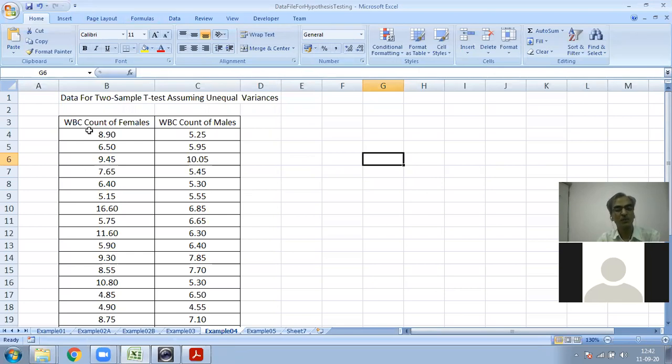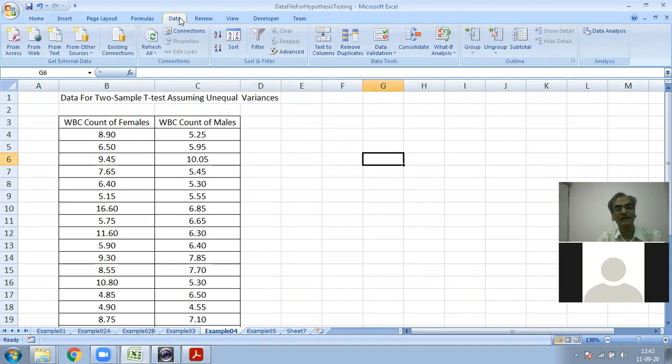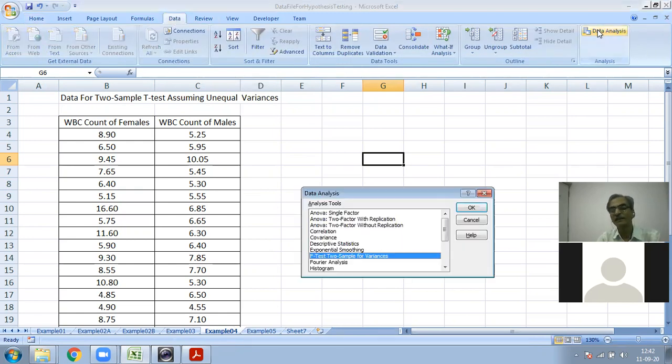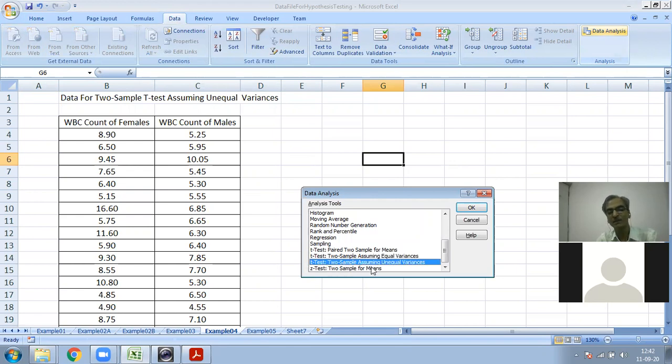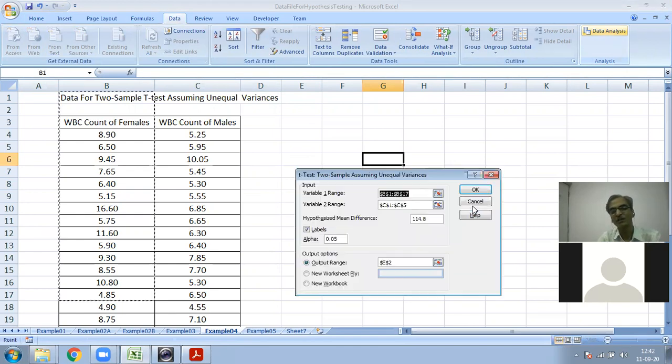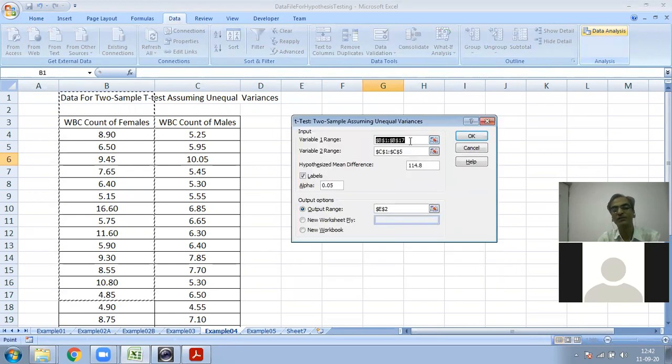Just open the Excel example 04 data sheet, then go to the data tab and click on the data analysis button. Scroll down and you can see the second last option, that is, t-test two sample assuming unequal variances. Click on the OK button, and it will open a new window.